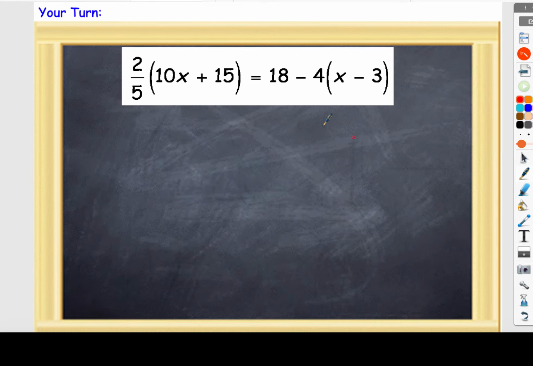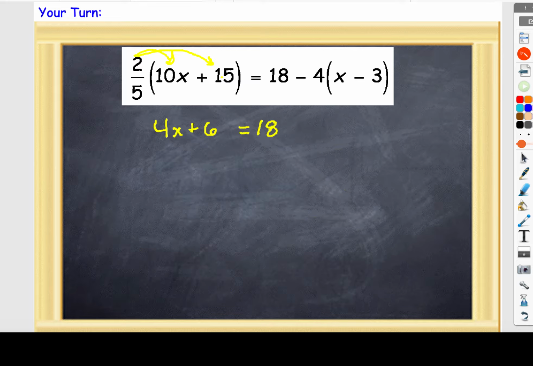Let's take a look at another example just to kind of see how this works. So let's walk our way through this one this time. Notice on the left, we've got a fraction, positive 2/5. So let's go ahead and distribute, right? We're going to distribute that 2/5 to both parts. 2/5 times 10. Well, 5 goes into 10 twice. Times 2 would be 4. Or basically, I believe 2/5 times 10 is 4x. And again, same thing. 5 goes into 15 3 times. Times 2 would be 6. Or you could say 2 times 15 is 30. Divided by 5 is 6, is equal to